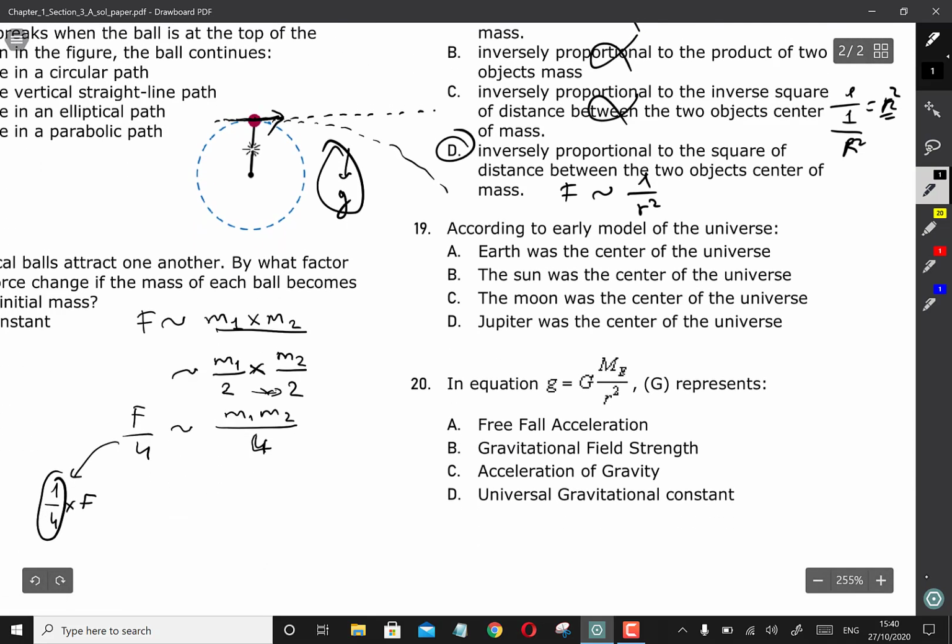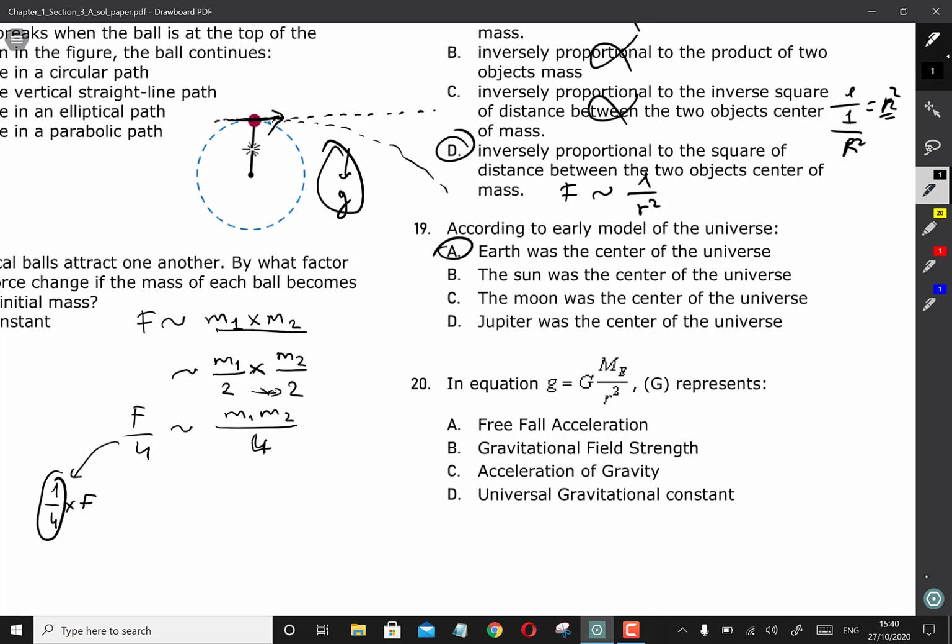Question number 19. According to early model of the universe. Early model means very, very old model of the universe. Remember, scientists were thinking about that Earth was the center of the universe, and all other space objects, bodies, planets, stars, and all other things are revolving around Earth. That was the belief in the very, very early time, before Johannes Kepler. Answer is A. In equation G is equal to capital G mass of Earth divided by r square of the Earth,